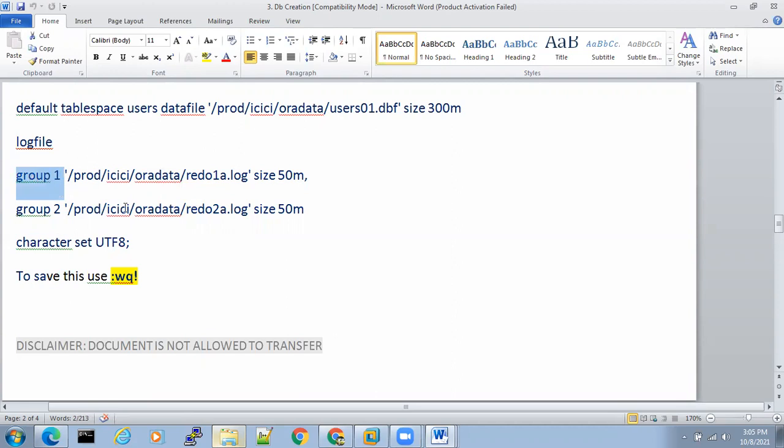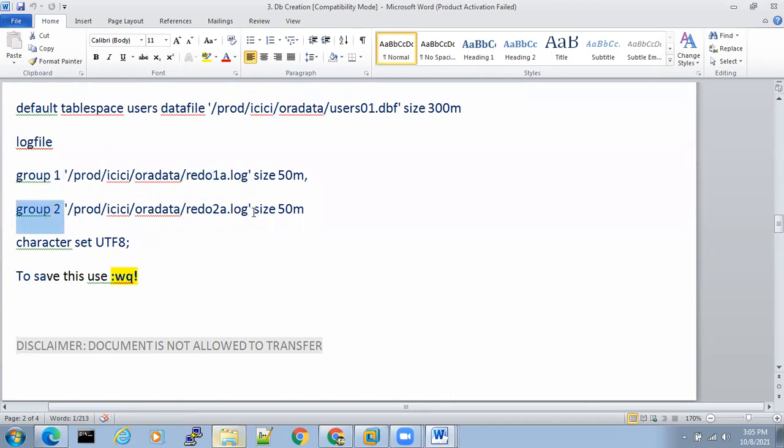So what is a group? Group is nothing but a collection of members. This is called a member. Redo1a.log is a member. Redo2a.log is a member. Understood everyone? First group is having one member, redo1a.log.